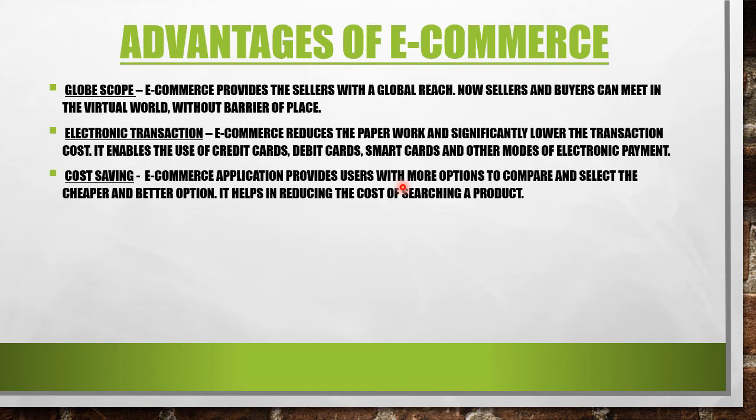You are going to see the price of that mobile phone in Flipkart, in Amazon and other sites available. You are going to compare the price, and wherever the price is less, you are going to buy that. If everything is the same, if the specifications of the mobile phone are the same but the cost is different, then you are going to buy the product from that app or site where the product is cheaper. Okay, then it helps in reducing the cost of searching a product.